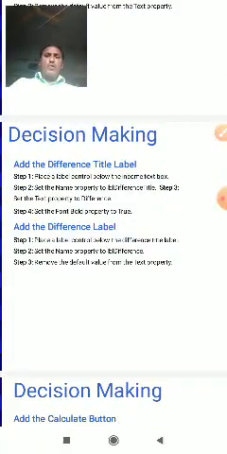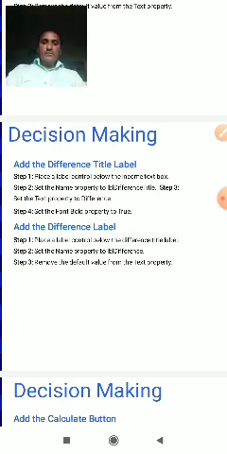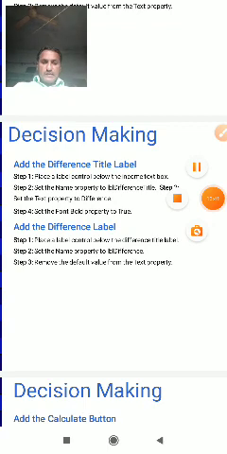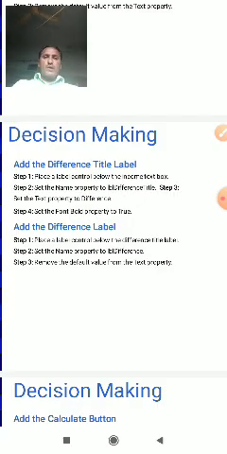Place a label control below the income text box, and set the name property to label difference, title, and text property to difference. Remove the default value for the text.